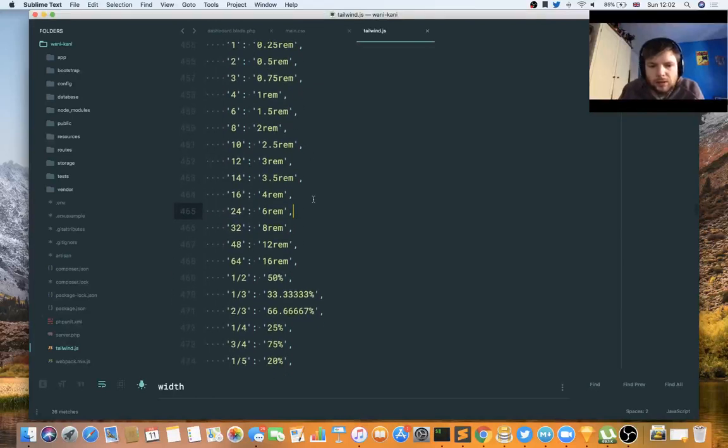We want the actual rem value. So we also don't have a 7, so 24, 5, 6, 7, 28. Right, so if I had a width 28,